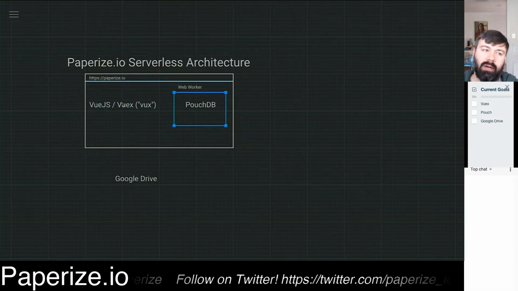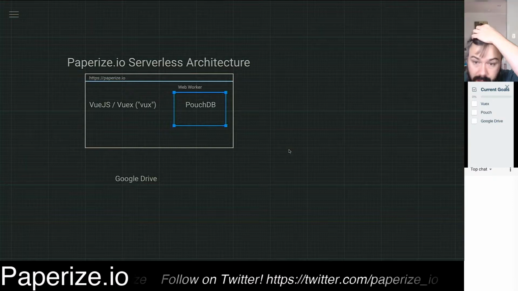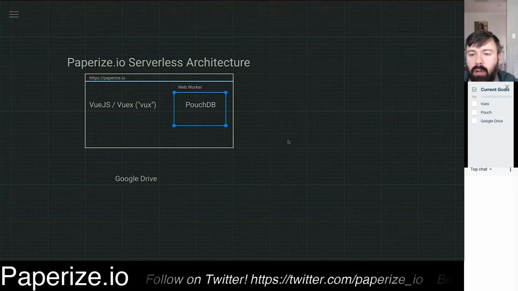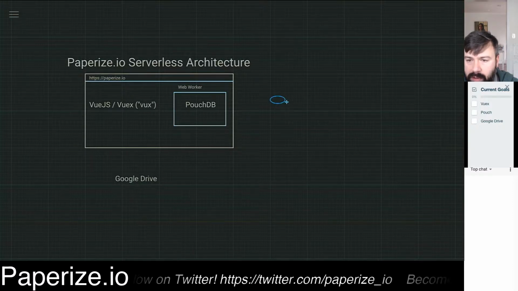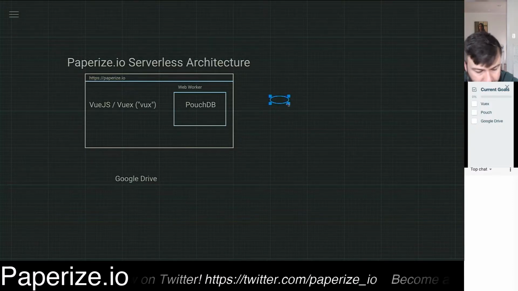I don't know how much I want to illustrate this, but I will make a little spinning disk icon for something that's typically